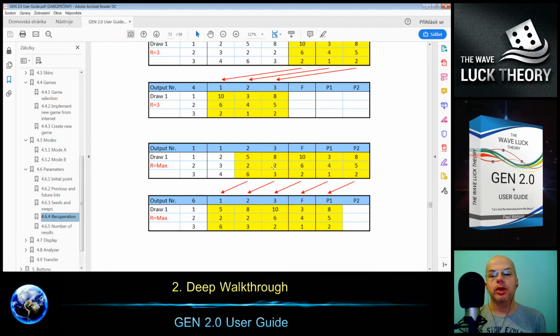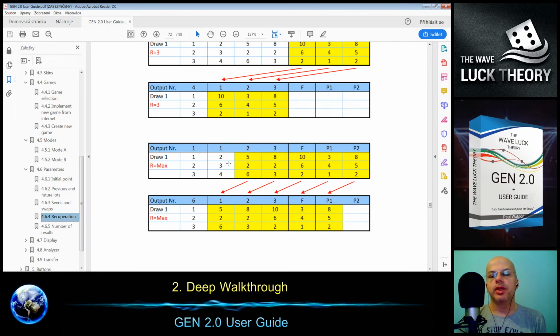If we put the R max, which in our case is 5, and that's why it makes sense, because we moved this to the beginning, and we are checking now the second history and the second day: the numbers from the second day in the first day, the numbers from the third day in the second day, and so on. And for the last needed generation, we generate new numbers from the generator.